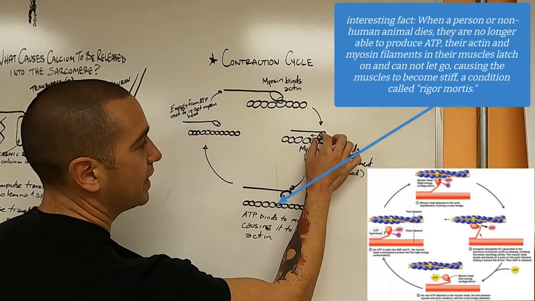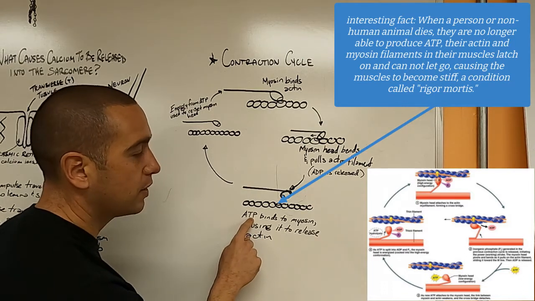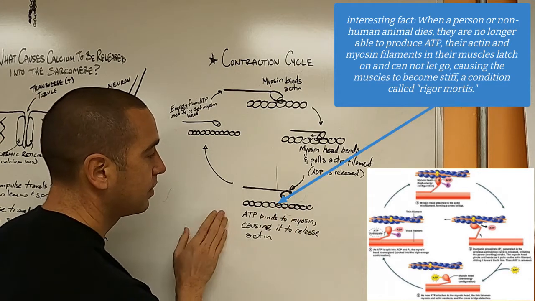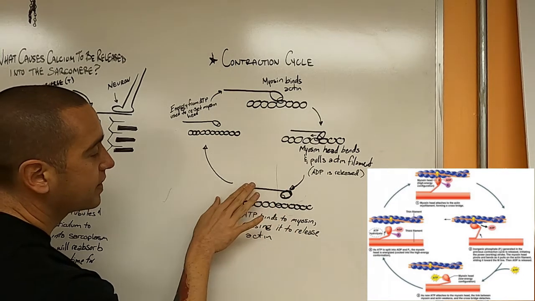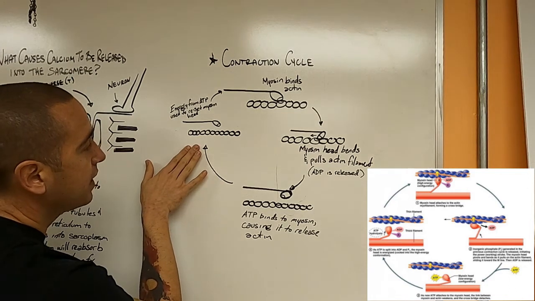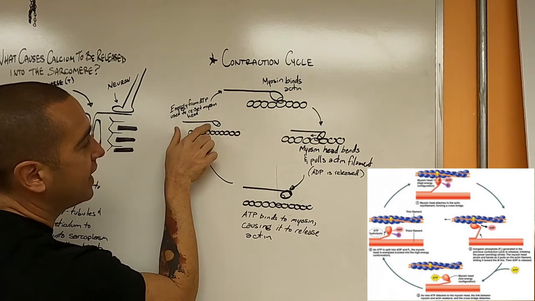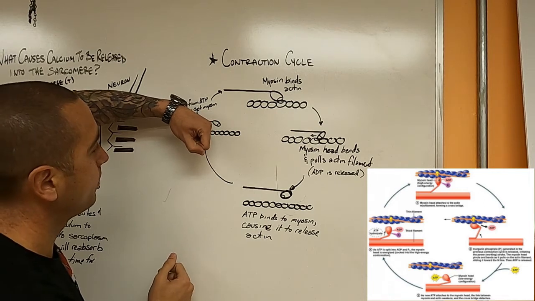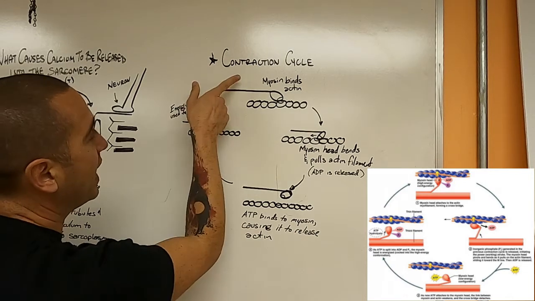Now these two things, the myosin and the actin, are going to be bound together and stuck together until a high energy molecule called ATP comes in and binds to the myosin, and then they can be released. But the head is still in that bent position. So next, the ATP molecule, that high energy molecule, is split into ADP, a low energy molecule, and a phosphate group, and that energy is used to make it go from the bent position to its starting position. So the energy is used to go from here to here, and then we end back up here,